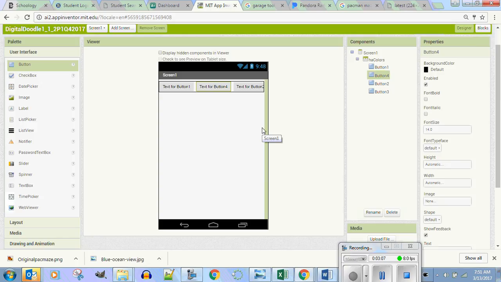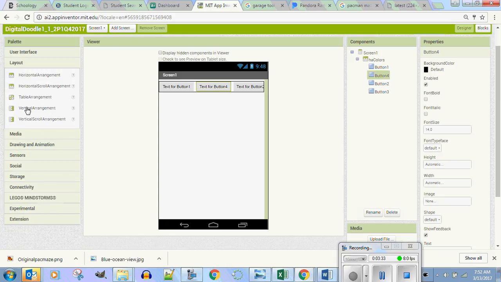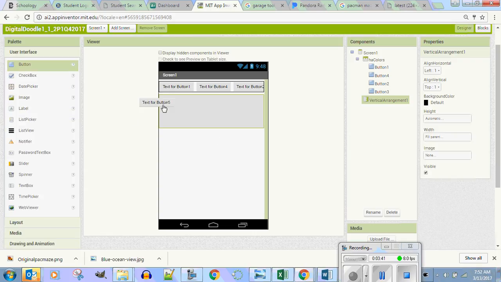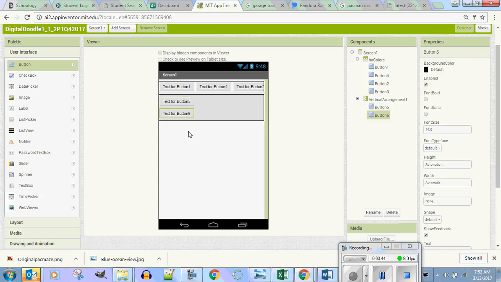It's not working? Why is it not working? Just hit refresh then. You have to have a horizontal arrangement in there. Do you have a horizontal arrangement in there? I get a lot of students say, Mr. Richter, my buttons are only going up and down. Well, that's probably because you went to your layouts and you dragged a vertical arrangement in there, okay? And then if I go with fill parent and I go to user interface, you guys see what I'm doing? The buttons will only go up and down,